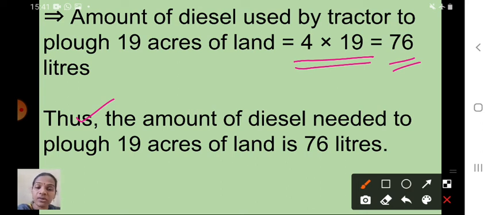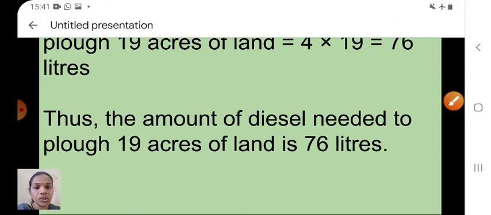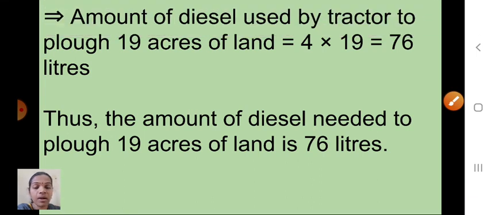So children, I hope you understood this unitary method, how we have to write the statement, how we have to do division and multiplication. Practice it at home. That remaining sum of this exercise, practice set 29, in next session I will teach. Children, the sums I have completed here, you have to write in your notebook.